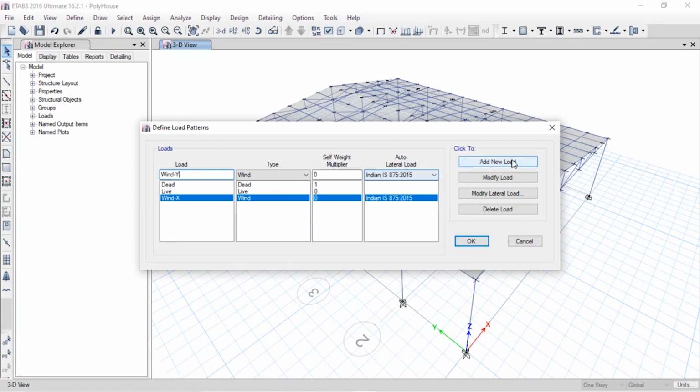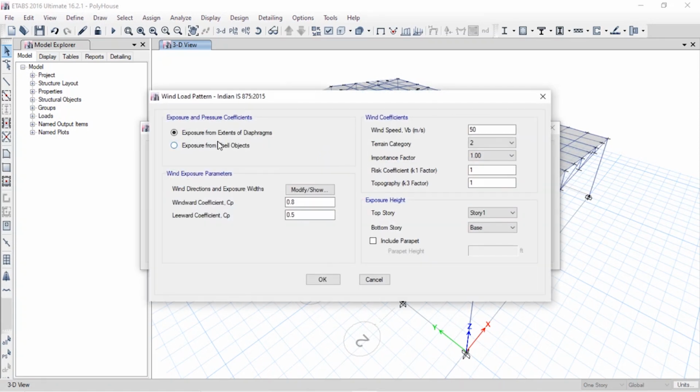Since I'm not going to add the earthquake load over here, since it is not mandatory, I'm going to click on modify lateral load, and here I'm going to expose it to extents of diaphragms. The exposure is from the shell objects, and the wind speed is 15